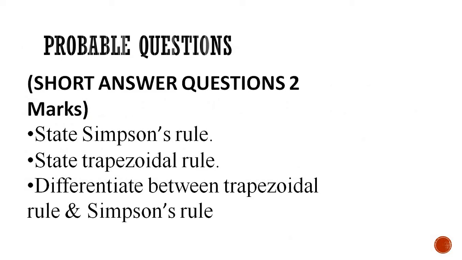So let's discuss some of the probable questions that you may get in the examination from this chapter. From the short question answers section, that is for 2 marks, you can get some questions like this: state Simpson's rule, state trapezoidal rule, state the difference between trapezoidal rule and Simpson's rule,